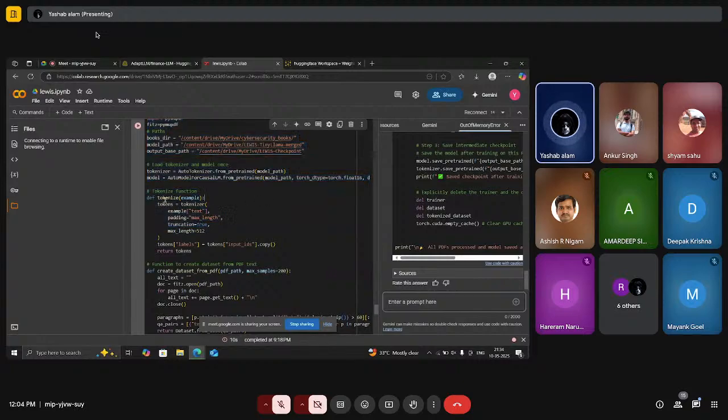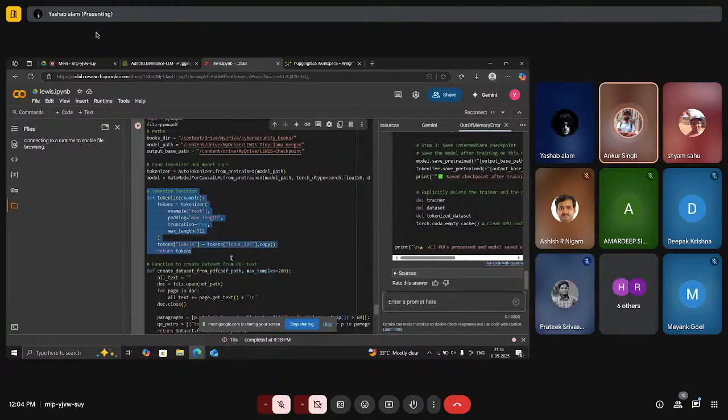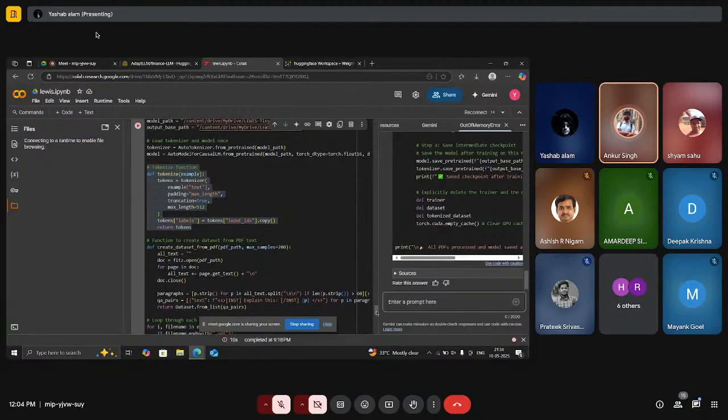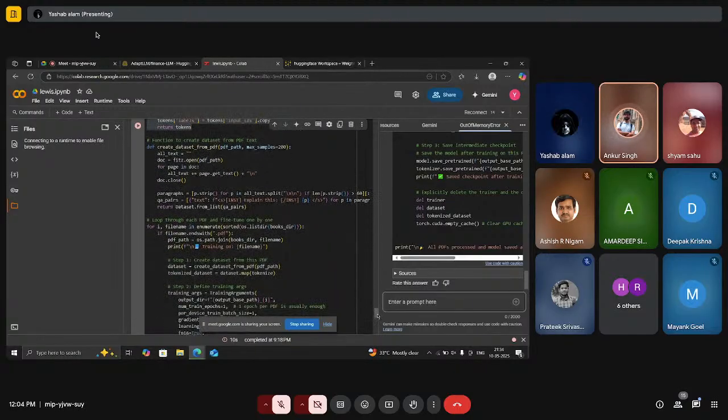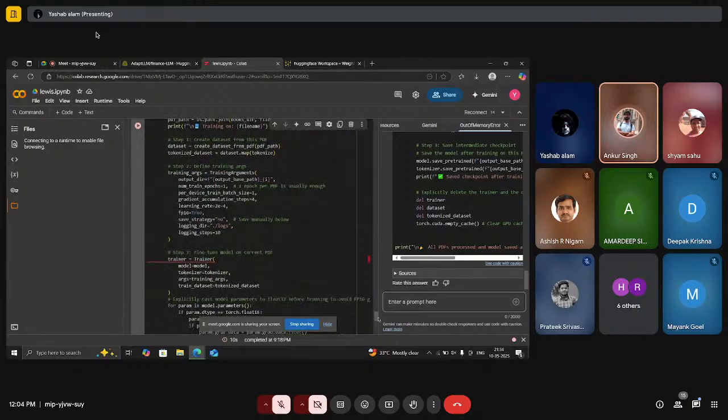For example, there is a function called tokenizer function. Check it. Yeah, that's for the tokenization, right? I understand that part. I'm talking about specifically fine tuning where you are passing all this information to the base model, and